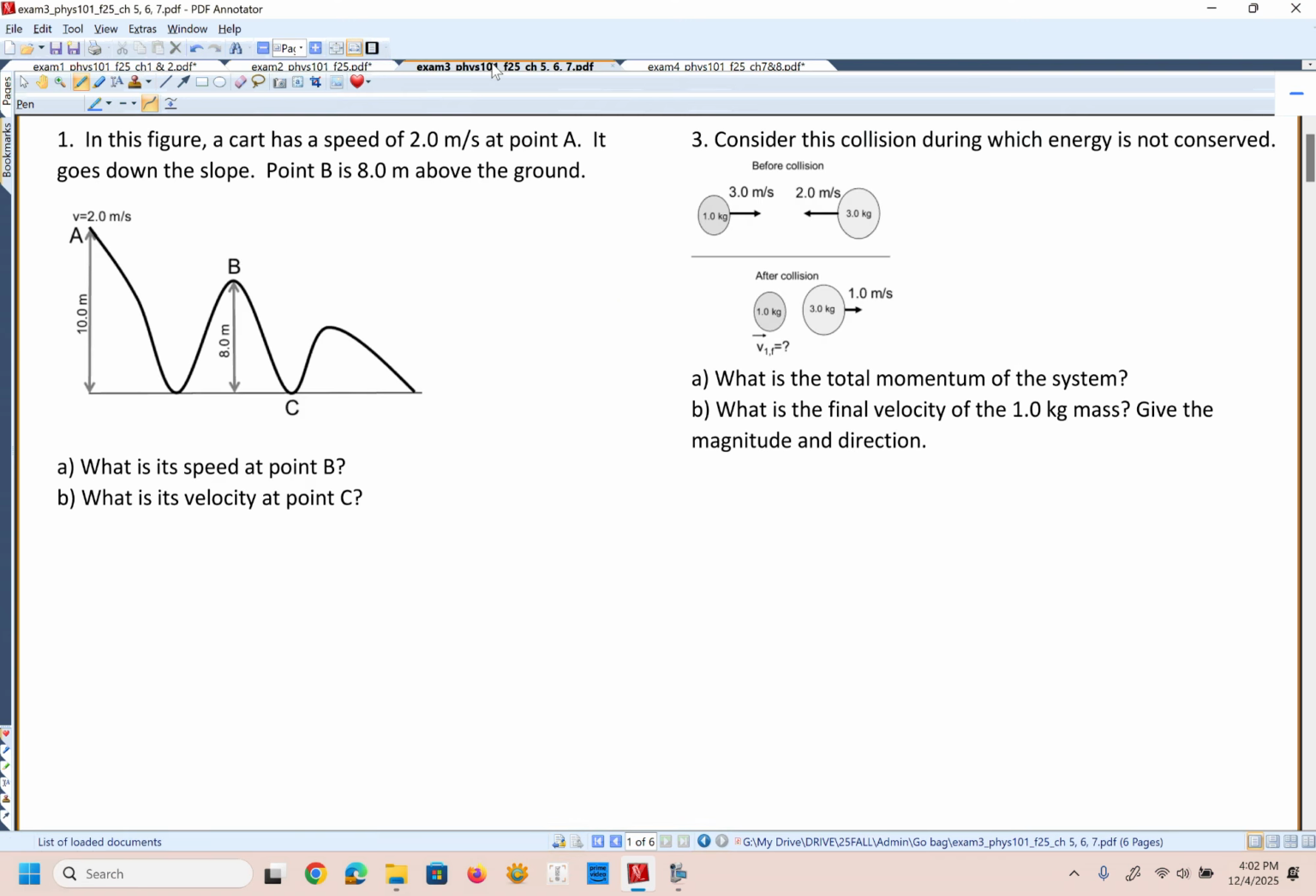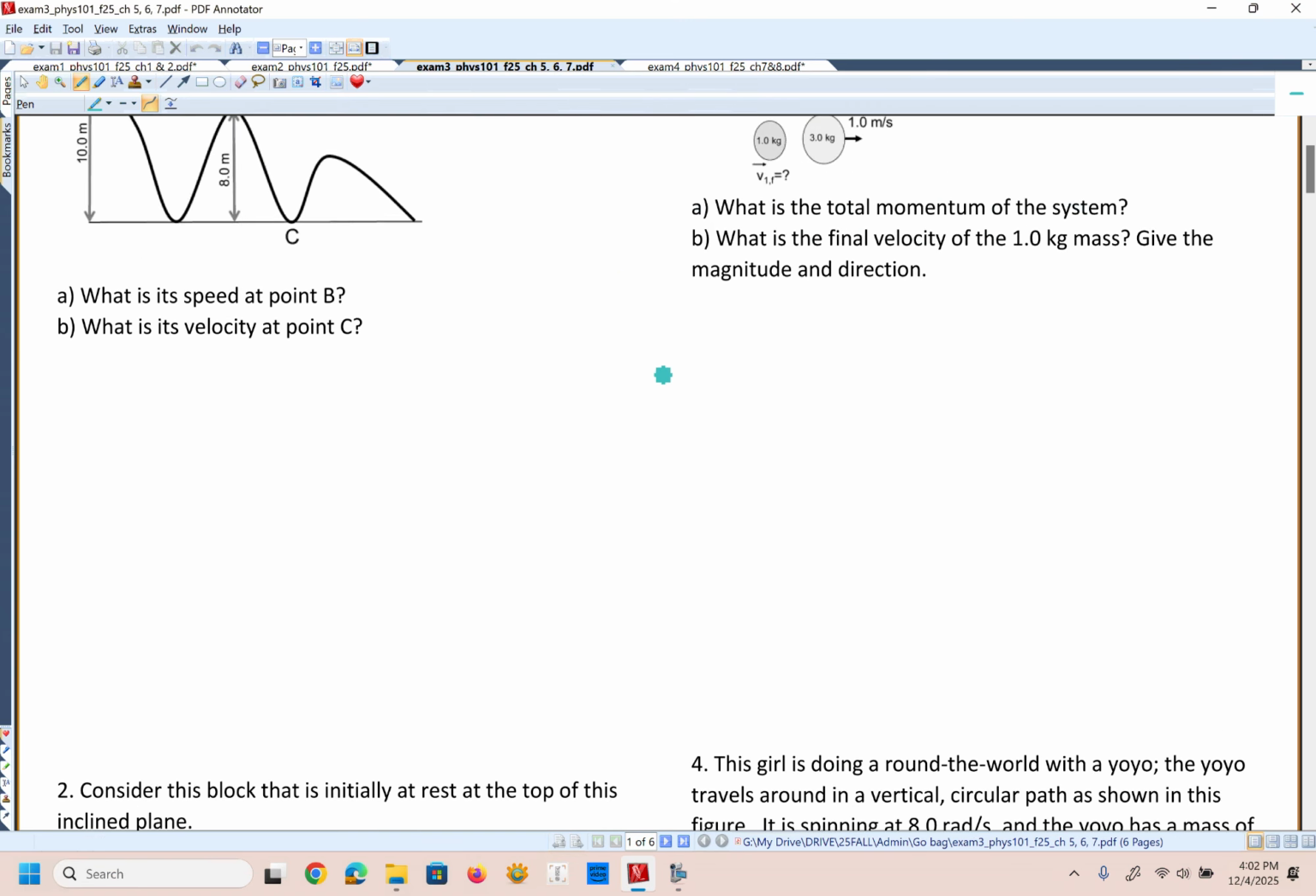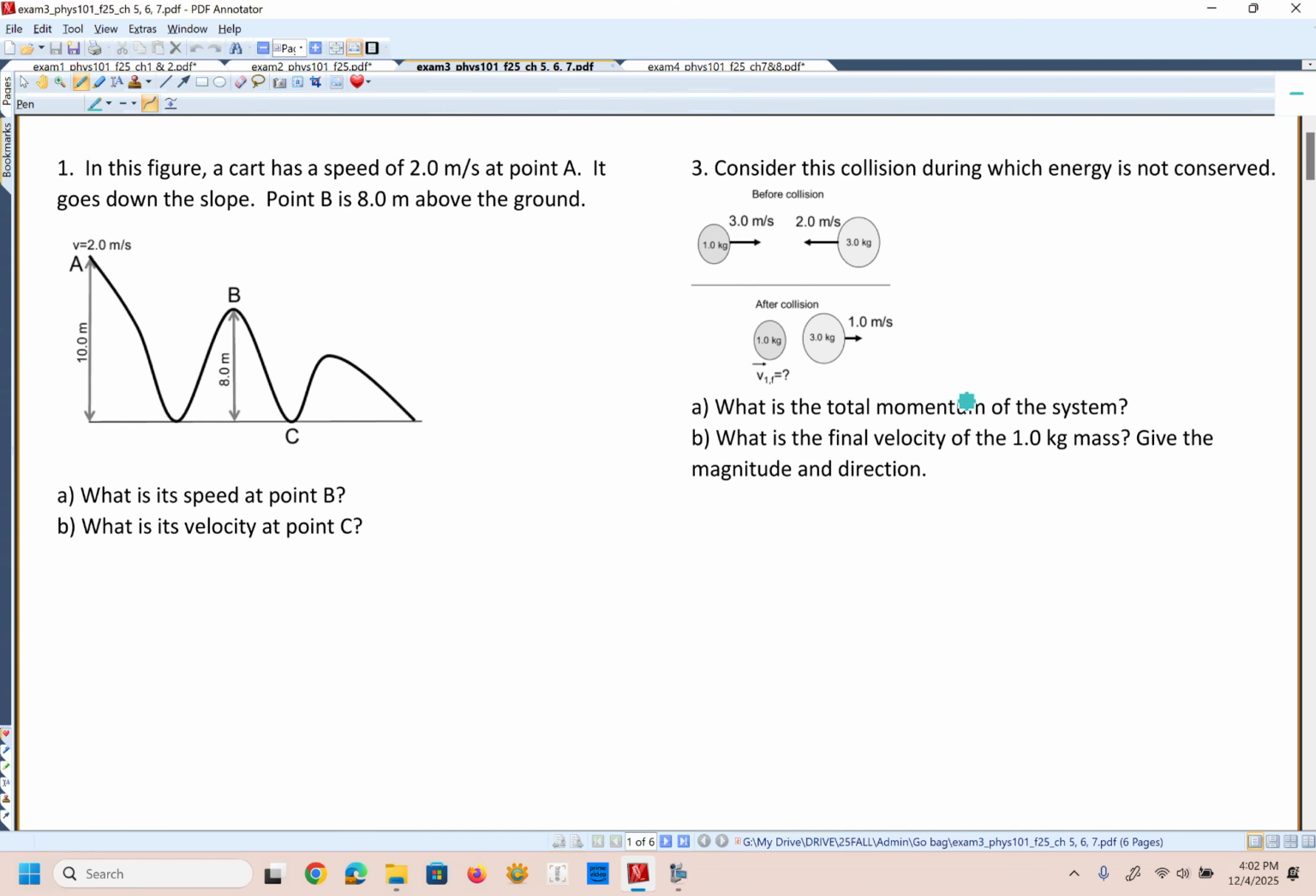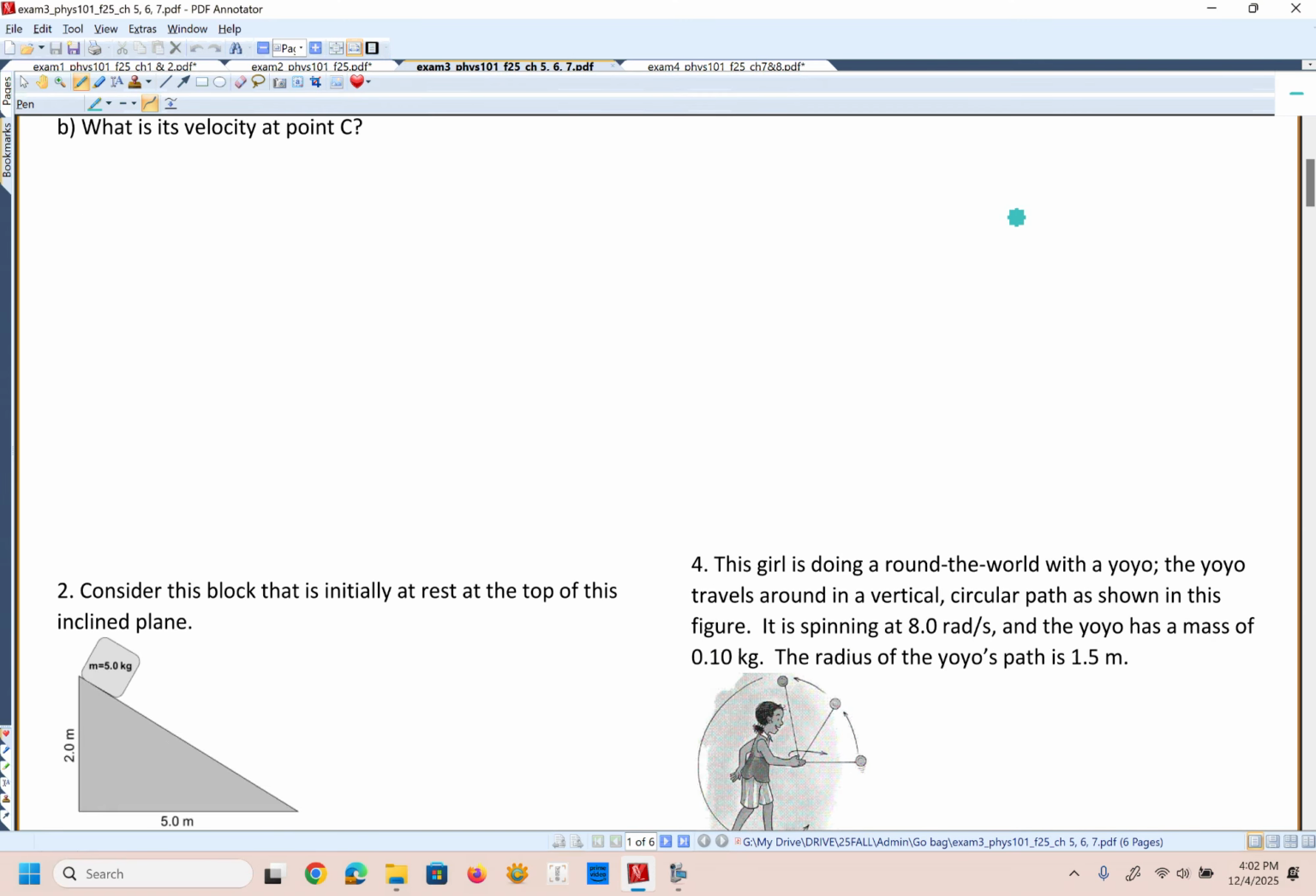Exam 3 then. No free response from exam 3, though number 3 on exam 3 is a lot like the spheres problem that we had on exam 4. That's why I don't do linear momentum on the free response, because we do angular momentum. But,